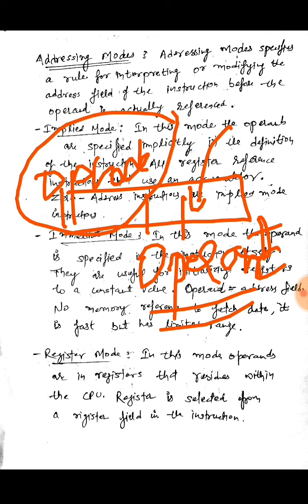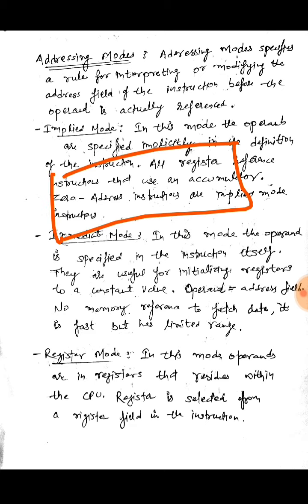So how would we consider this data which is written in the instruction format, or these bits in the operand? How will the CPU consider them? Whether it will be considered as direct data or constant data, or as the address of that data, that is, where the data is located. So these things will be cleared by the addressing mode.